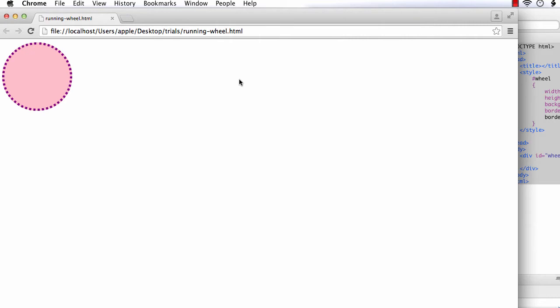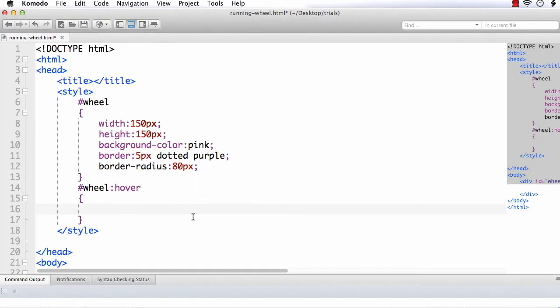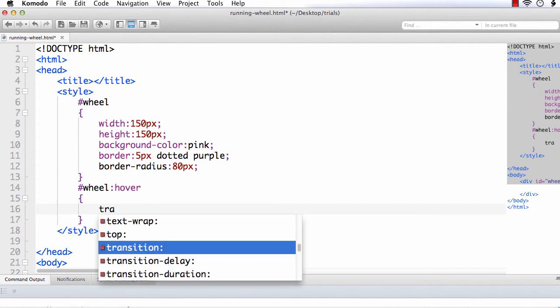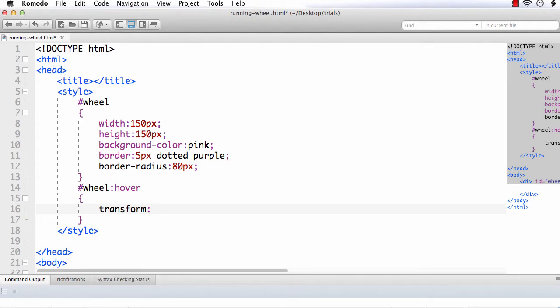If you just use transform, it will just change the look of it. Now let us see by applying only transform, just to change the look of the element. I am making it transform, and I want to move it to a different place.